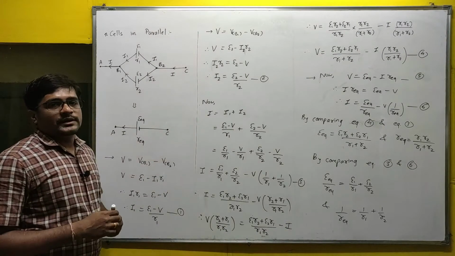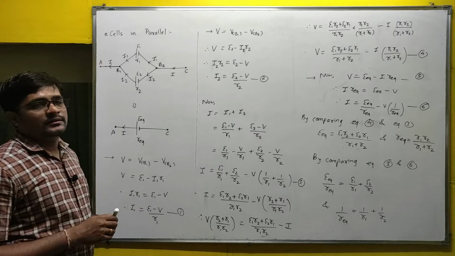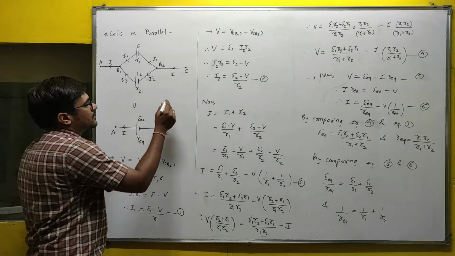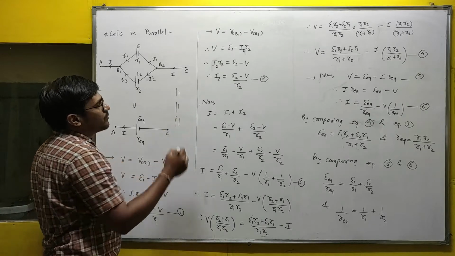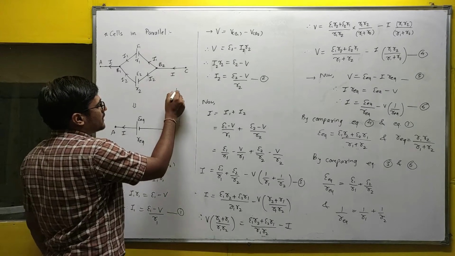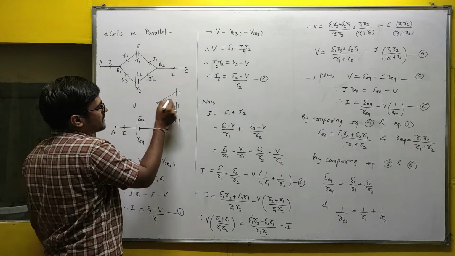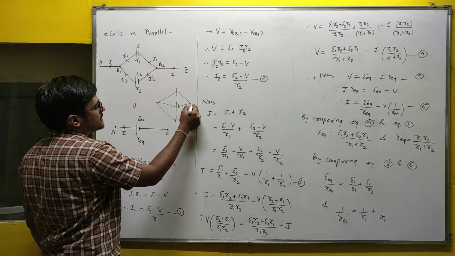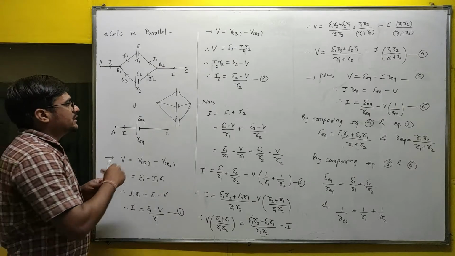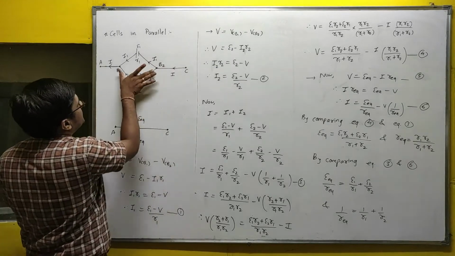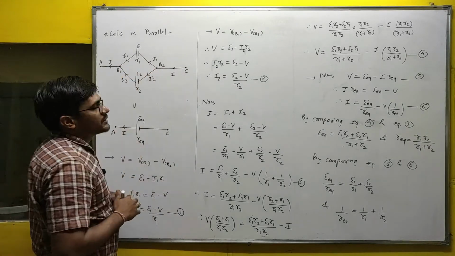Now our next topic is cells in parallel. In parallel means all the terminals of all cells are connected at two places only. If I connect the left terminals at one place and the right terminals at one place, then this is called a parallel combination of cells. So consider here two cells connected at B1 and B2 terminals,